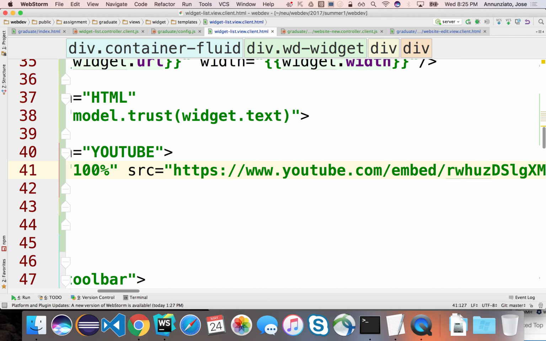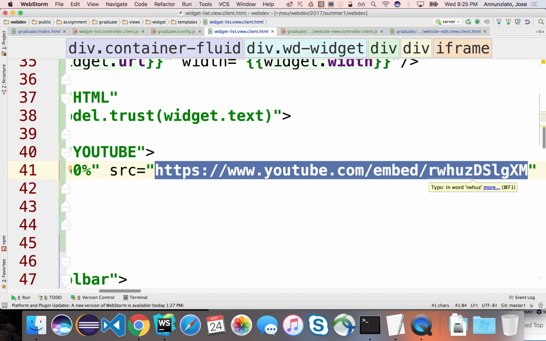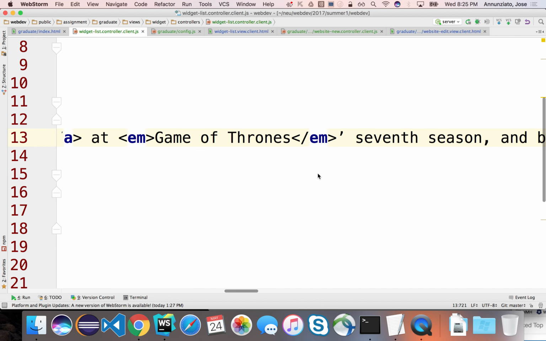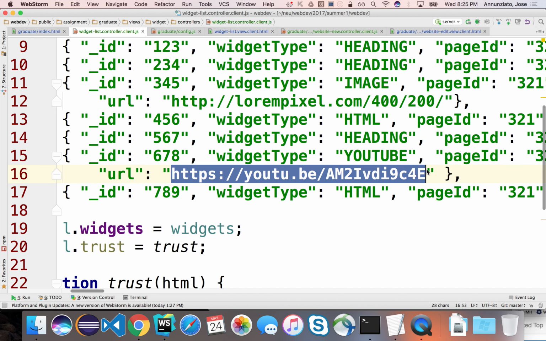And this is the URL that we want to embed, right? So right now, the URL that we have is, where is it? There it is, right? This is the URL. Now, when you embed a YouTube video,